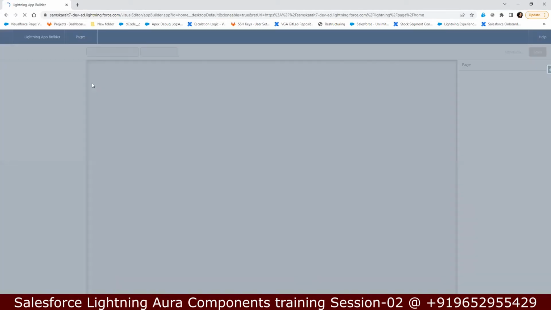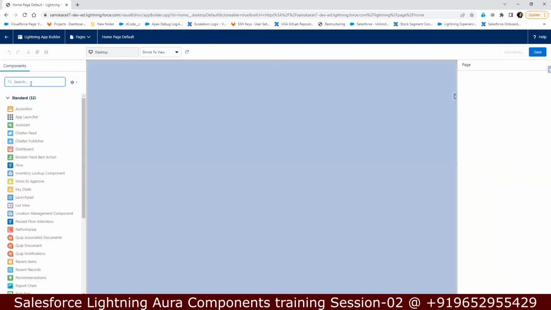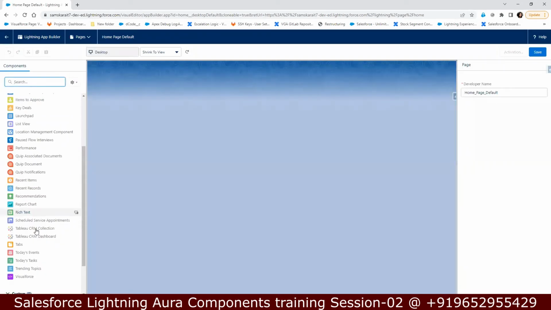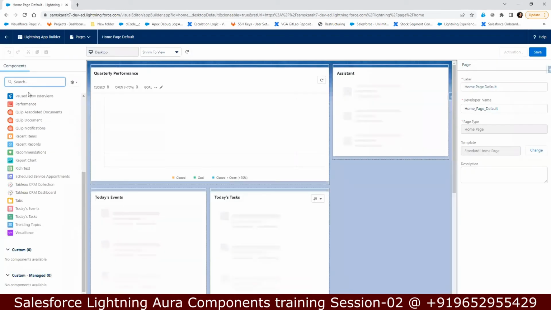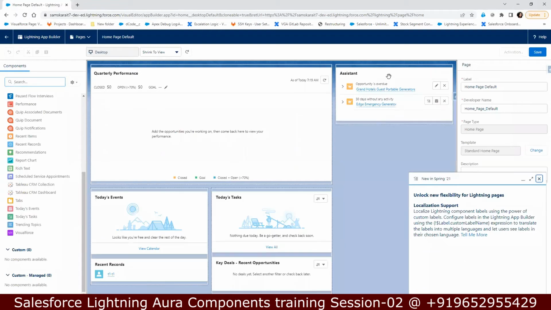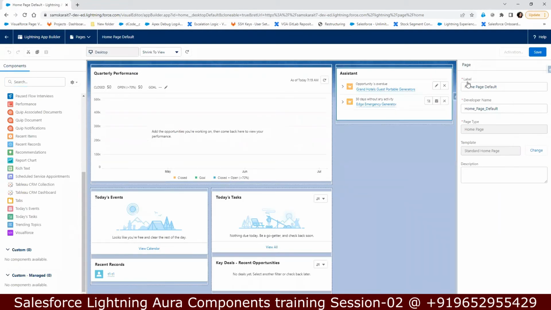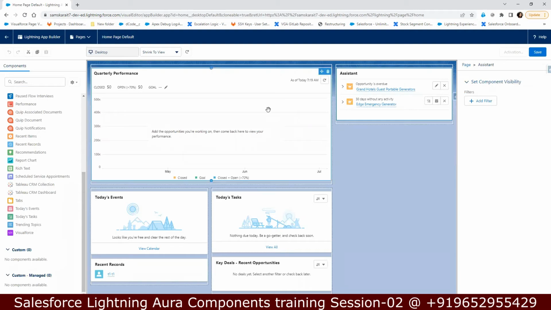Yes, you are right. Let me take one example here. Oh, this is a new one. Okay. So if I drag it here, it doesn't show me anything here, right? Like this, it will show, right? I have dragged the component and it will show like this. Yeah. But if I design,